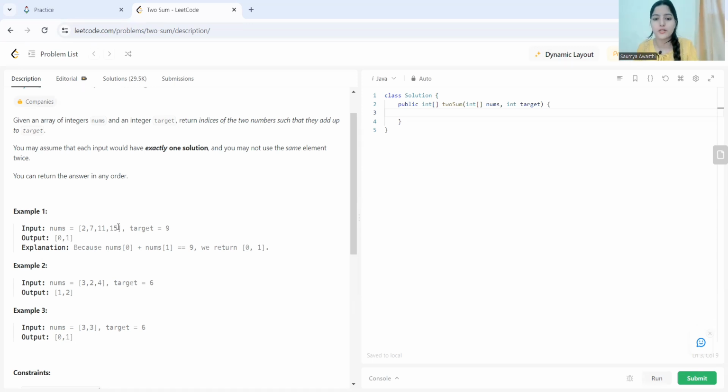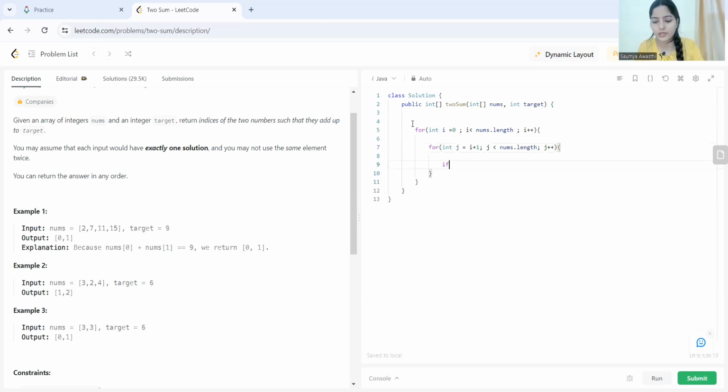So this approach is like, if I ask you the time complexity, let me write here also just for your understanding. The outer loop will be something like this: int i = 0; i less than nums.length; i plus plus. Then here another loop, int j equal to, so the same element we don't have to consider, right? So we'll start it with i plus 1, and this will be up to nums.length, j plus plus.